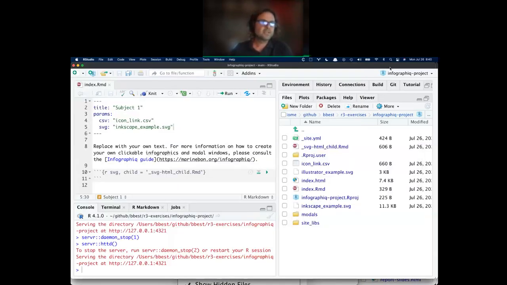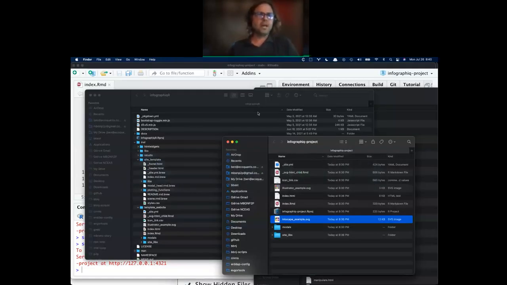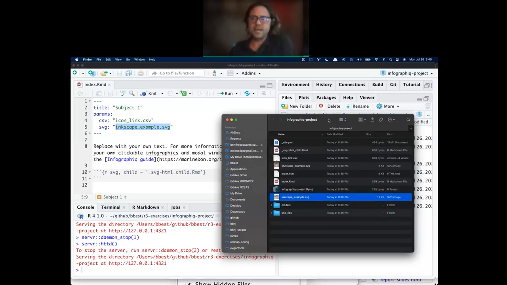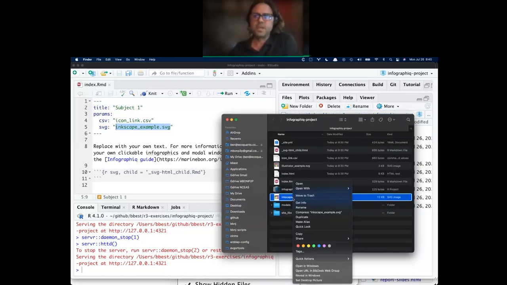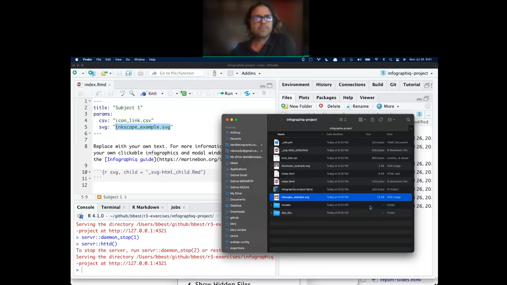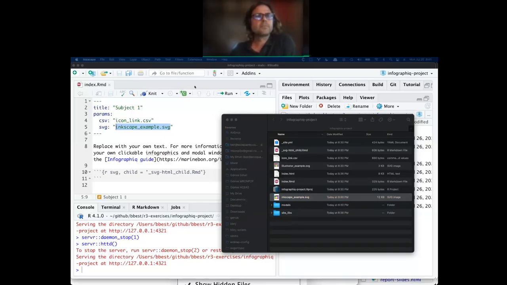That's important, because you can use either Adobe Illustrator or the free Inkscape, and they actually have different starting points because they handle the icons and the underlying SVG differently. So if I look at the Inkscape example SVG,